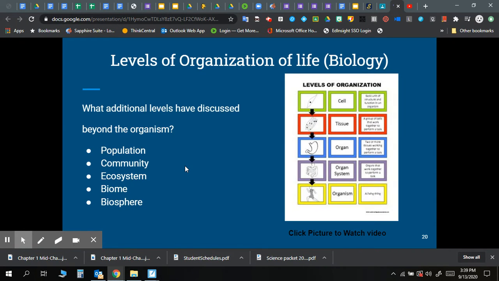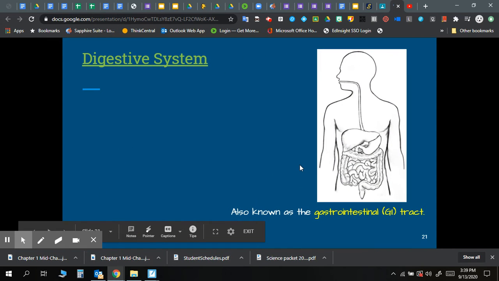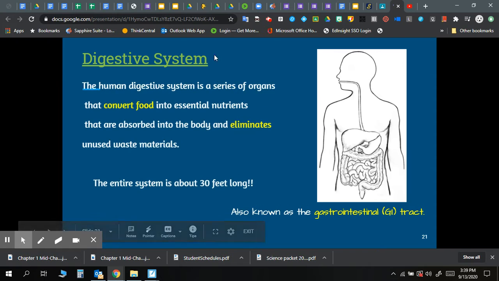Okay, so I thought that video really broke down each of the levels so that you could see how they lead into the next one. So we've been talking about cells, and the next one is tissue, and then we go to an organ, and now we're skipping a couple there, but we're going to bump up to organ systems. So what we're going to do is talk about two, and there are more than that, but we're going to talk about two in particular. We're going to talk about the digestive system, and then tomorrow we're going to talk about the excretory system.